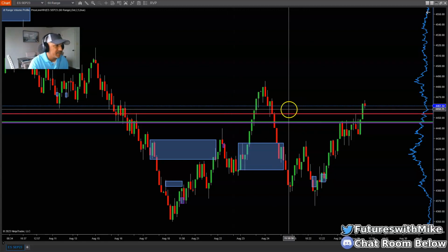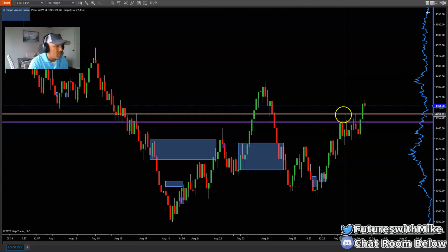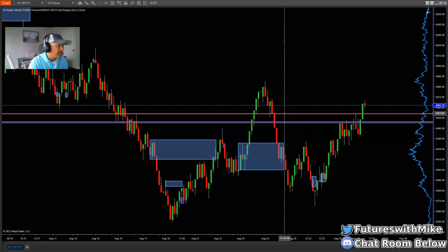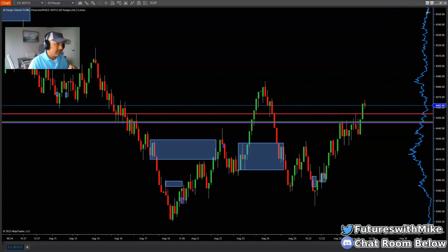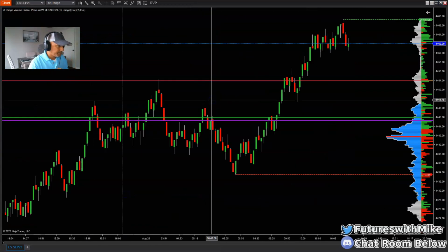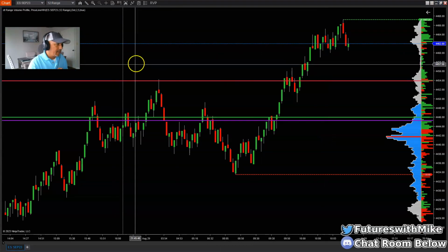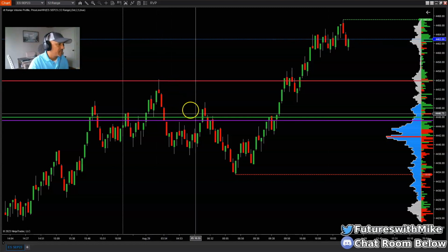But this is a key area of supply right here, and we see price bounce from it. It did bounce right here at 4 o'clock this morning. Where this red line is at, that's supply off of the 60 range chart. All right, so let me scale down to the 12 range chart right now, and that was that area right here, 3:40 in the morning, on the 12 range, and price rejected that area.